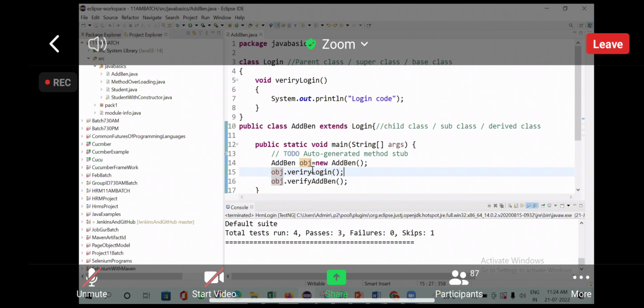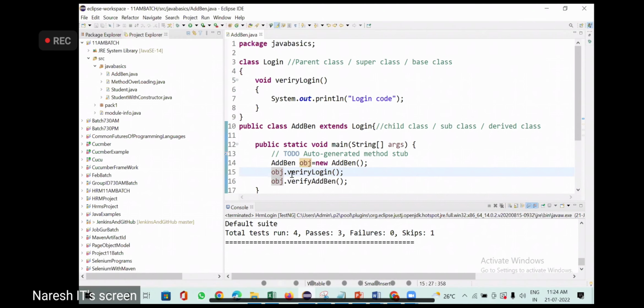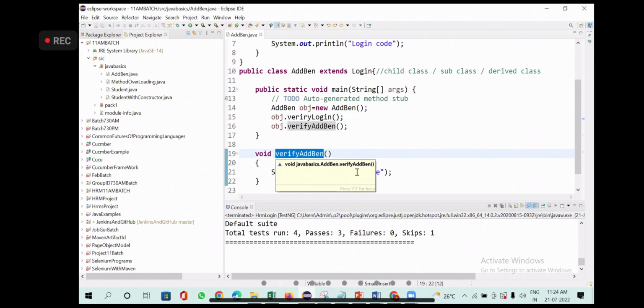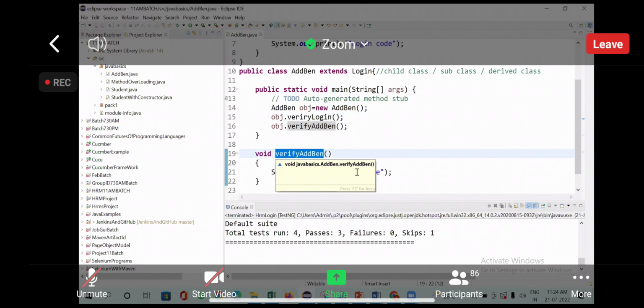This is the code for adding, this is the add beneficiary code.